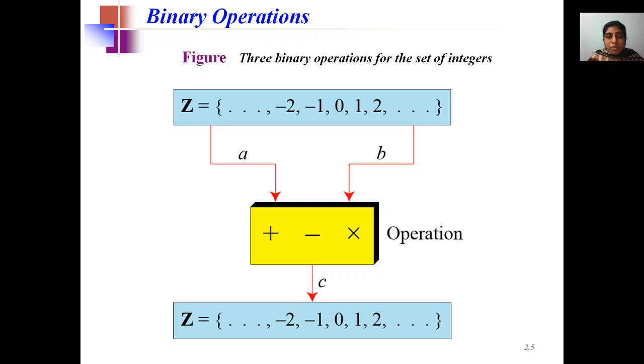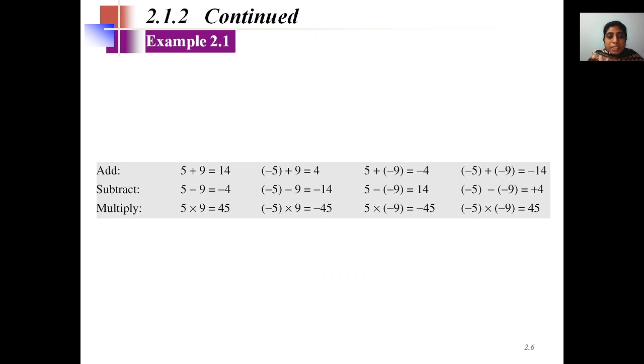Whenever you take any integers, either positive or negative, and apply those operations, that is addition, subtraction and multiplication, we get the values in the form of integers. You may take two values whose result is of positive integers, or negative integers, or a mix of positive and negative integers. These are examples related to addition, subtraction and multiplication.